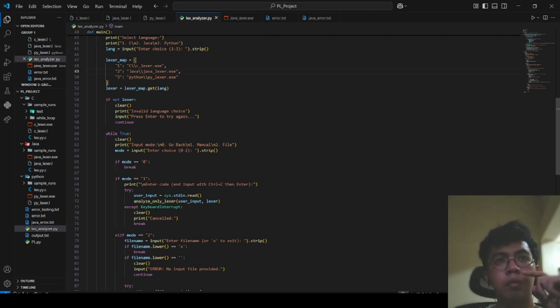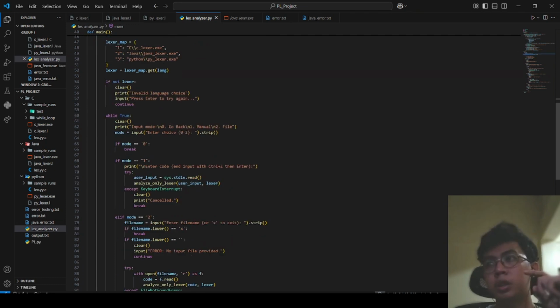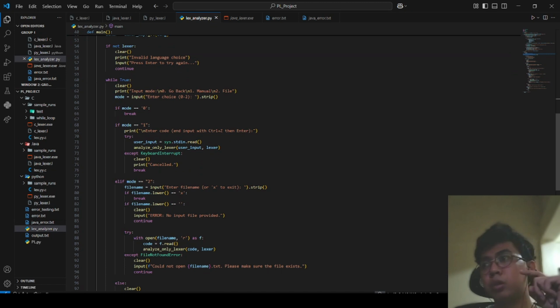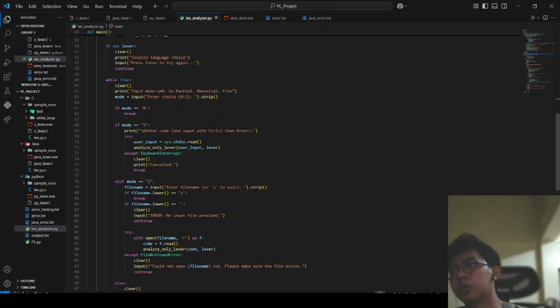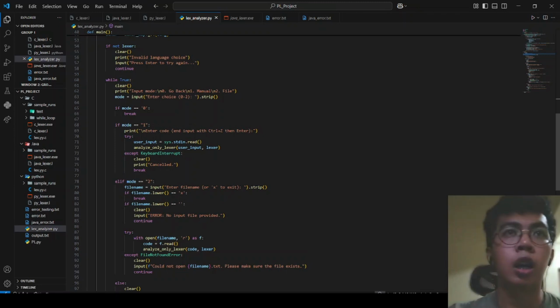The next step after selecting the language is the mode. We have two input modes here, manual and file. So they can either choose to input the code manually or provide it through the file location. If they want to go back, they can just enter choice 0.